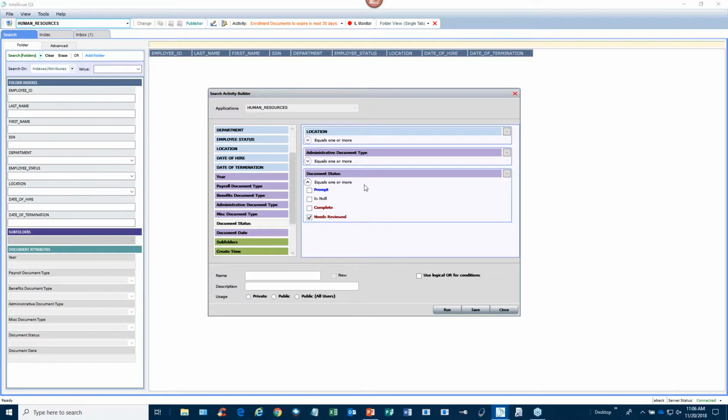So to do a quick test to run this so I can see that I've built my search rule the way that I want it, I'm going to come down here to the bottom and click Run. So then this is going to run a rule, my workflow rule, based on the items that I have put together here. So when I click Run,